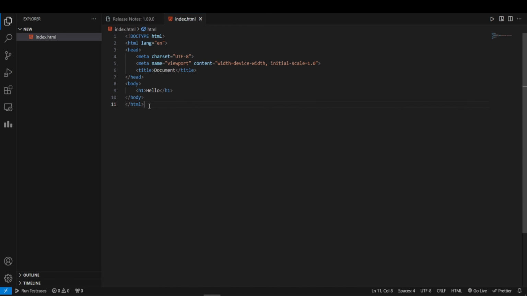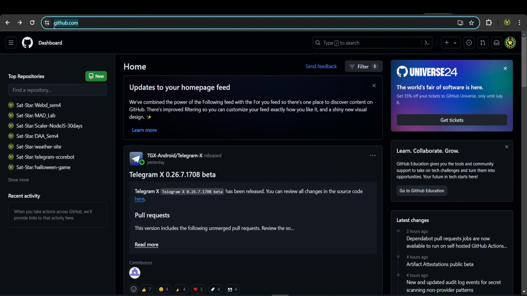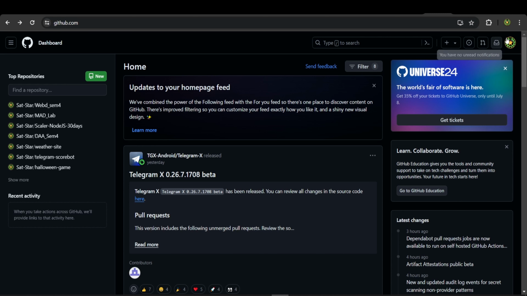So first of all, we'll create a GitHub repository. For that, we'll go to github.com. So we are here on github.com, and if you don't have an account on github.com, make sure to create an account. I already have an account, so I'll create a new repository. For creating a new repository, click on the new button,